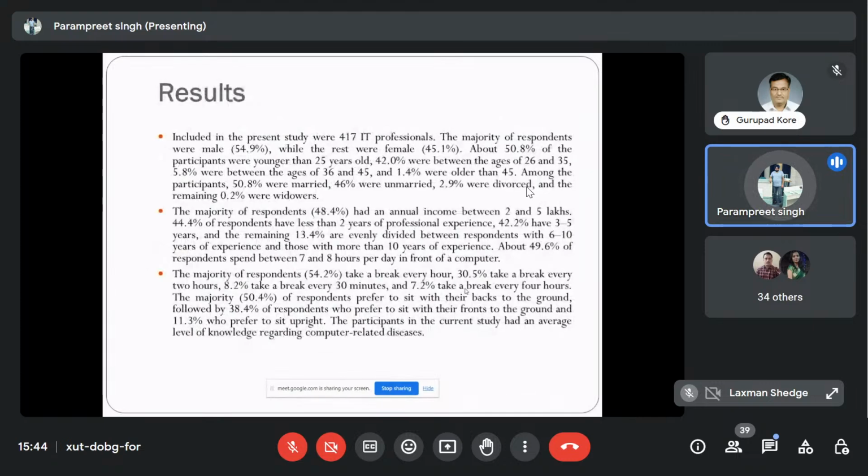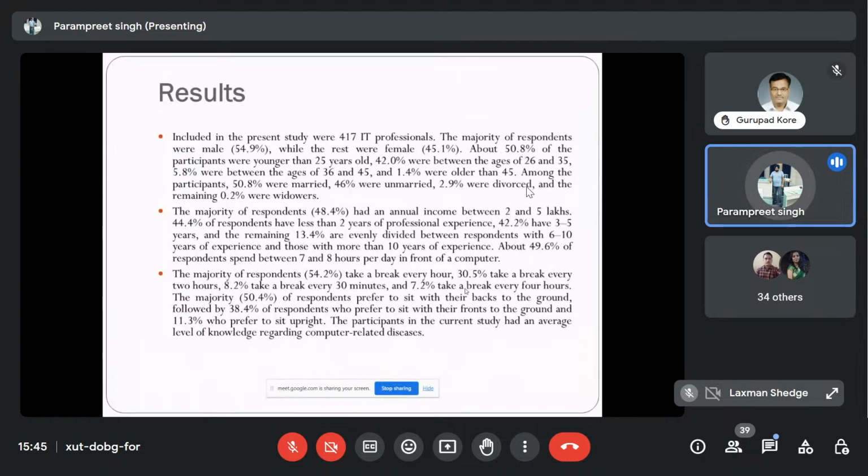So, the results here are drawn. Some are included in the present study work. Included in the present study were 417 IT professionals. The majority of respondents were male, that's 54.9%, while the rest were female, 45.1%. About 50.8% of the participants were younger than 25 years, 42 percent were between the ages of 26 and 35, 5.8% were between the ages of 36 and 45, and 1.4%